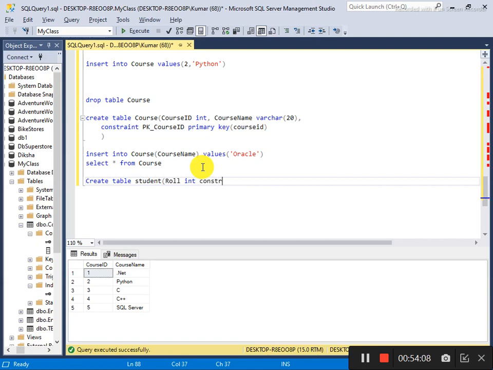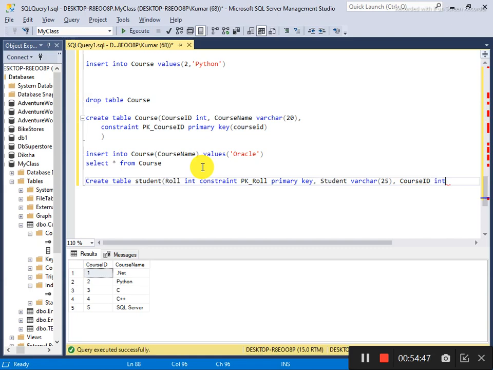I will say constraint pk, roll number, and it's a primary key, and next is student name varchar 25, and course ID. So see here, course ID is our main thing which we are going to apply as a key. So course ID integer.